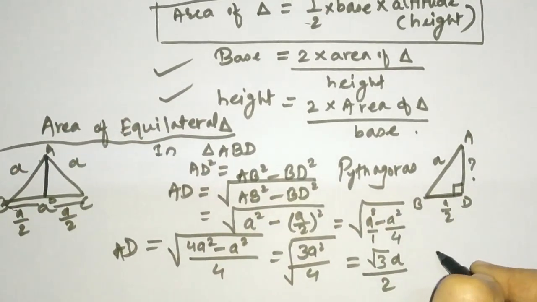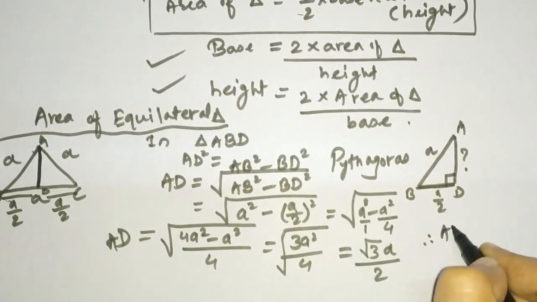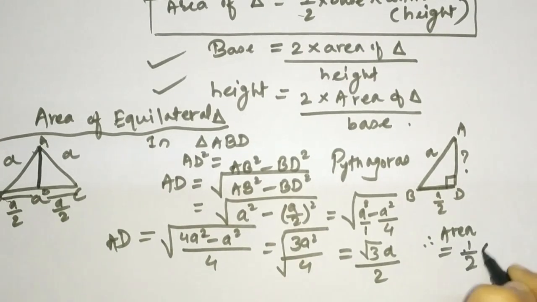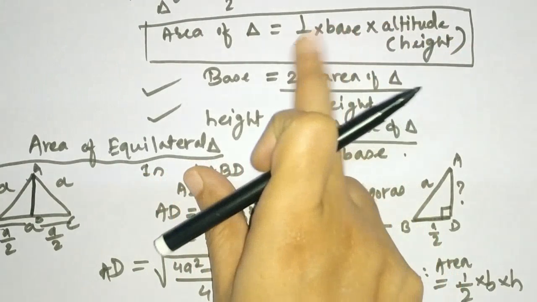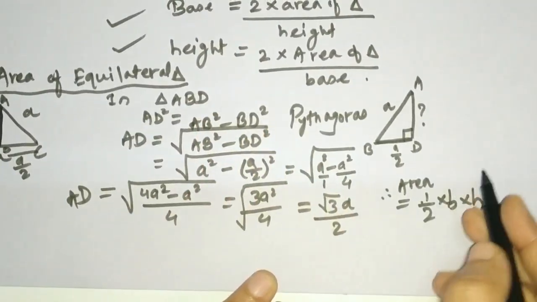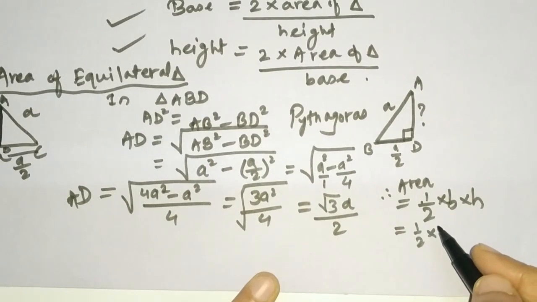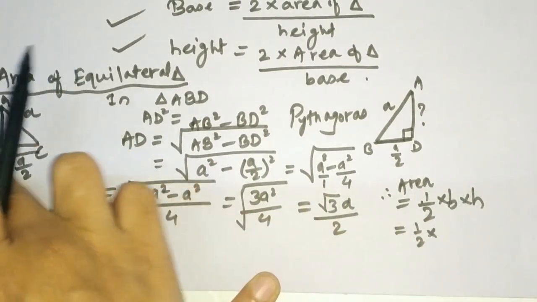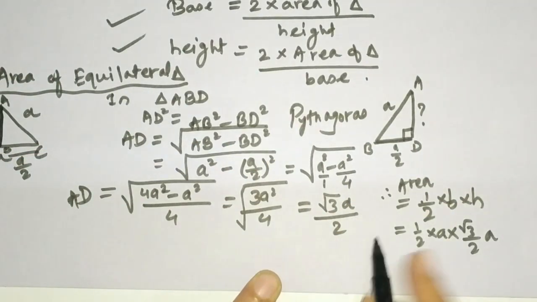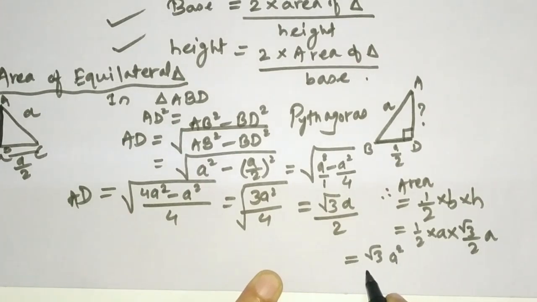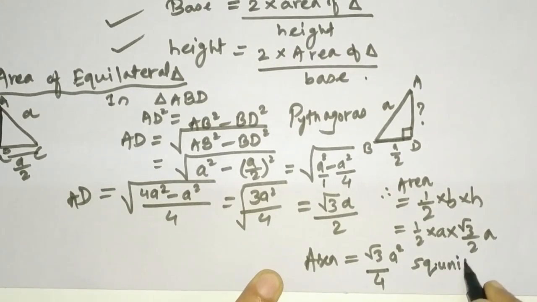So now we know that the area of a triangle is equal to what? 1 by 2 base into height. Friends, for area we have to do base into height. 1 by 2 base into height. So now I am going to put the values. Area is equal to 1 by 2. Base is what here? Just see, base is A, into height, which is root 3 by 2 A. Okay, so root 3 A into A square divided by 2 into 2, which is 4. So this is the final area and it will be in square units.